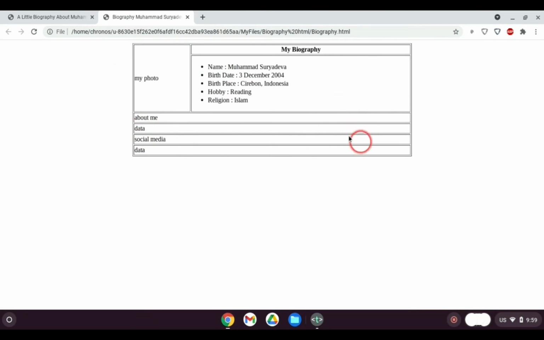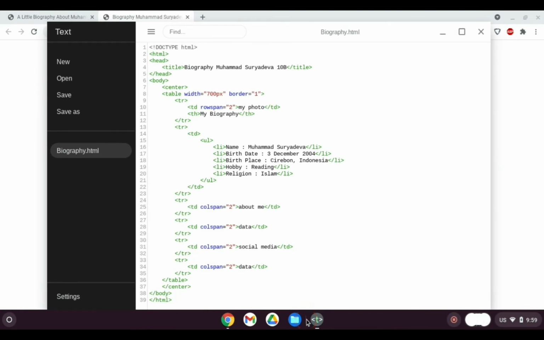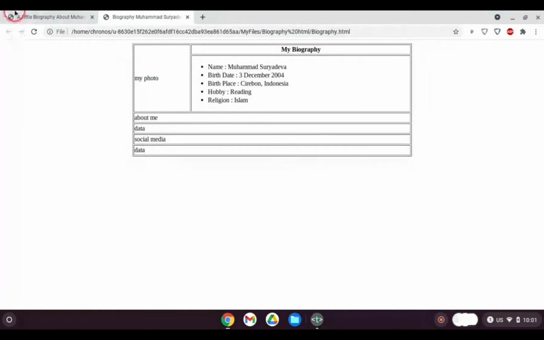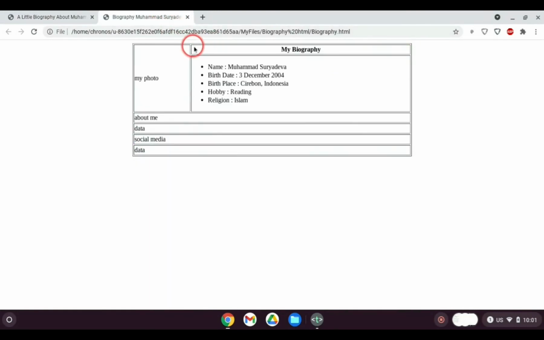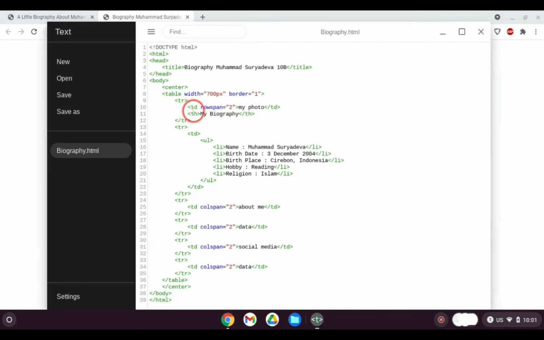So now let's do some work here. Let's do some work on this photo part, and then my biography, and this. We are only focusing on these three places here. For now it's actually the hardest place. Now I want this my biography part to look like this, thinner and thicker. On this one it is unedited. I haven't put the width and height here, so let's put it now.